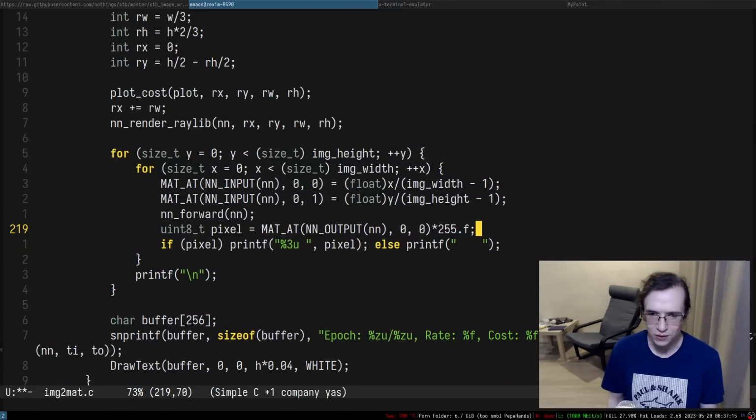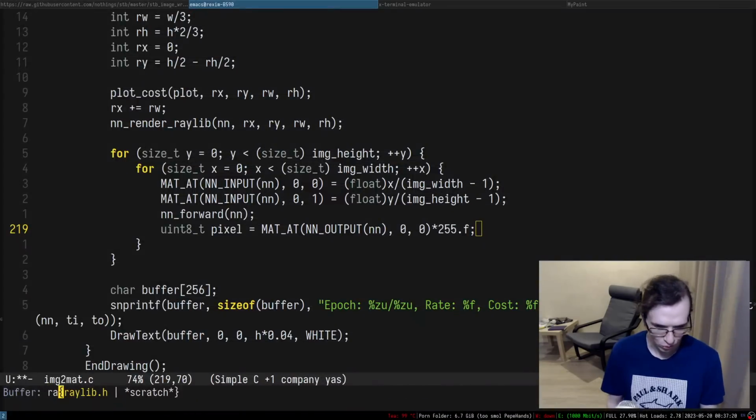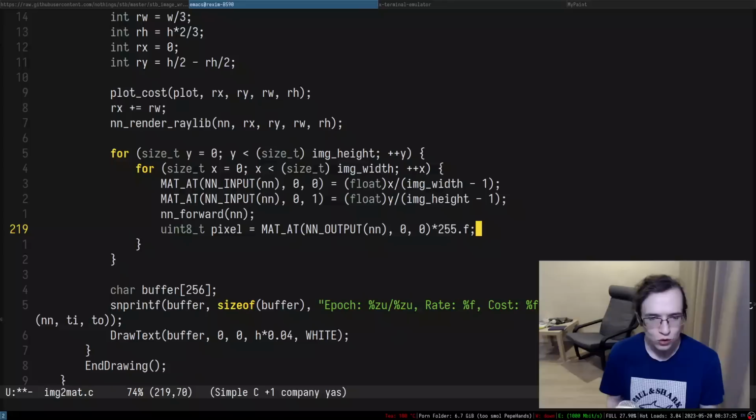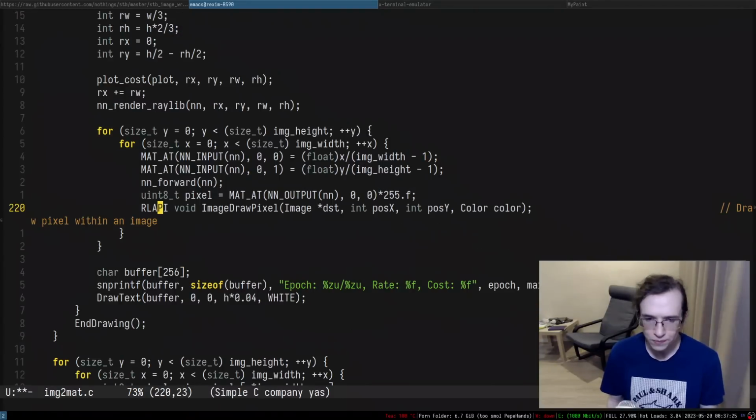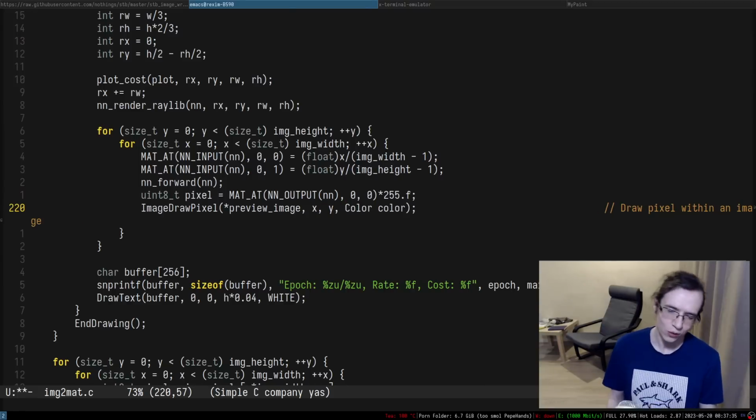We get the pixel, and what I need to do is just put that pixel in there. So where is the arraylib image draw pixel? Okay, so image DST, preview image. So the position is X and Y, and the color, oh yeah, the color is gonna be,